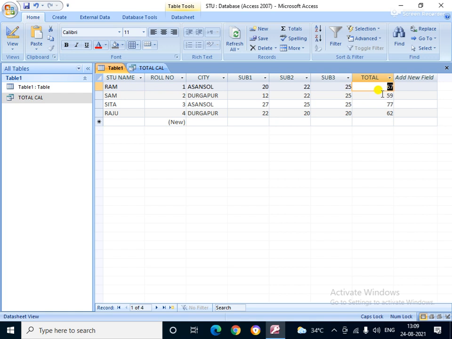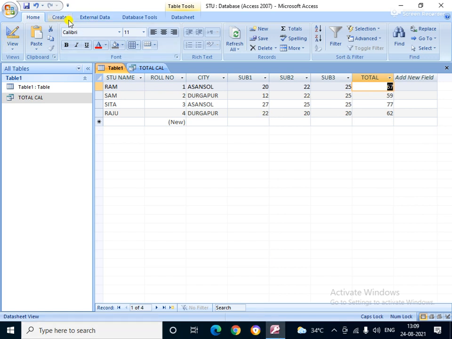Otherwise, you may want to display the details of any particular student, such as Ram or Sam or Sita. You may want to see only the student roll number or employee ID number. Or which students have marks greater than or less than 20. So I am going to show it practically.